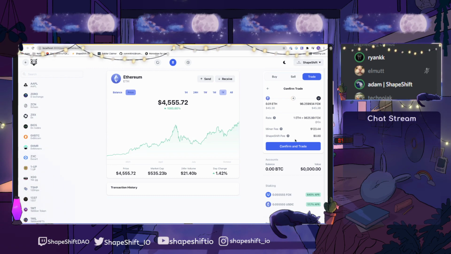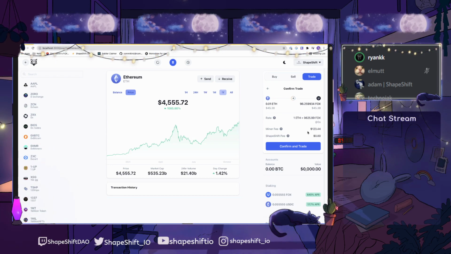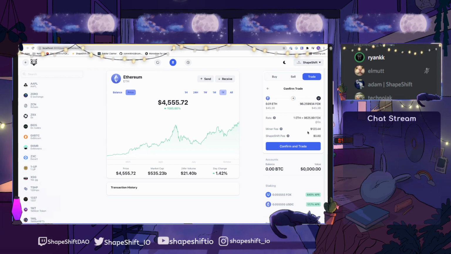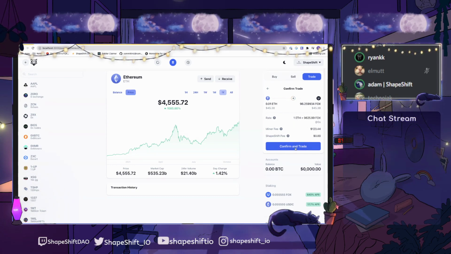Is that showing the worst case estimate based on the gas limit? I believe so. We definitely want to show worst case as opposed to showing less and then it actually being $123. For sure. So then I'll hit confirm trade,